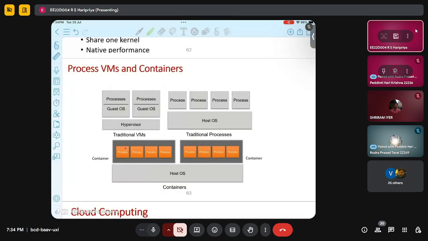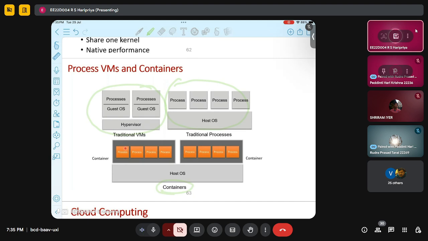So this is one way of virtualizing things, but here we are containerizing several processes which we think can talk to each other, but they need to be completely separate from, or there should be some isolation between, this set of processes and this set of processes, and these are called containers.